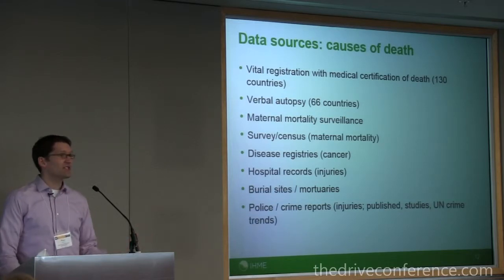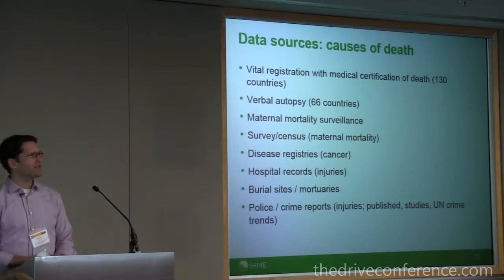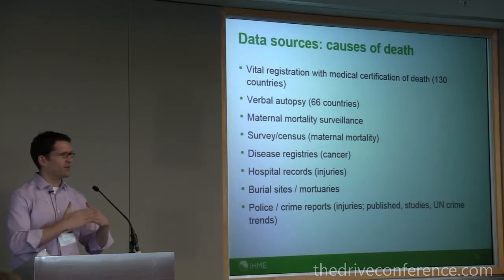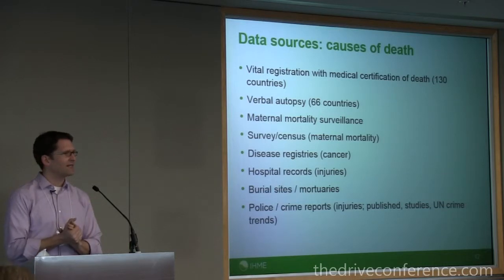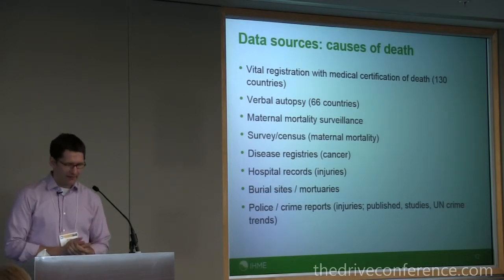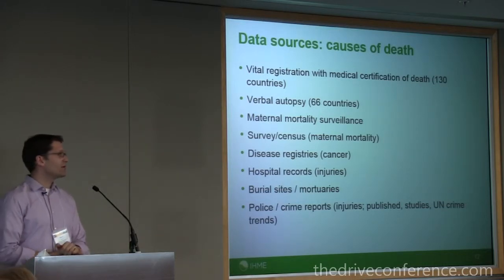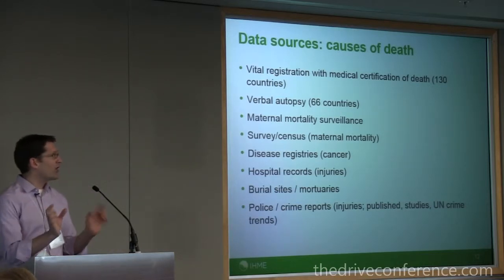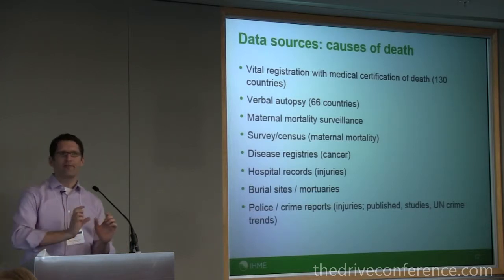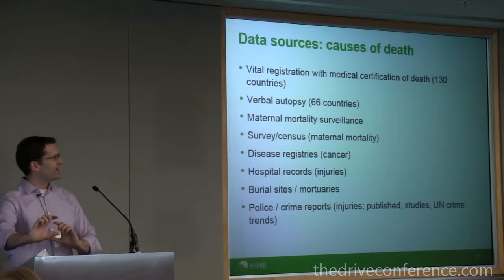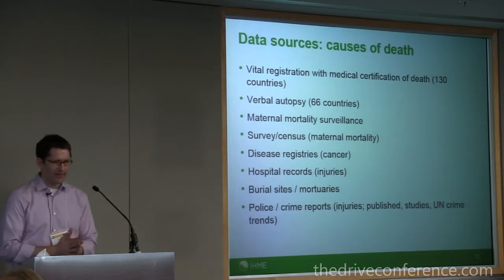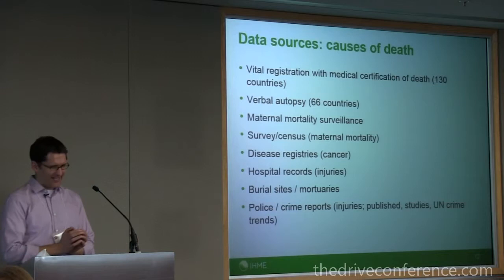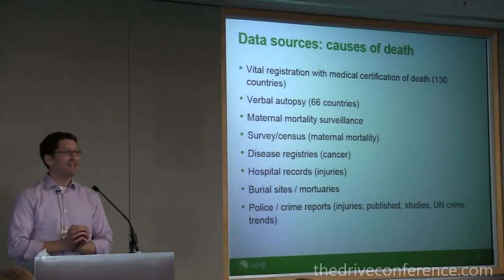There are also interesting questions that you can use for cause of death analysis in surveys. For example, about maternal mortality, where for deaths, you ask was the person of reproductive age, or was the person pregnant at time of death, so you can gather information from that. We use disease registry information. Some, like cancer registries, have actual mortality information in there, so we know how many cancer deaths there were. Some only have cancer incidence, so you can try and extrapolate how many people died, so it's not that straightforward either. We use hospital records, we use data from burial sites or mortuaries in countries where we're really desperate.